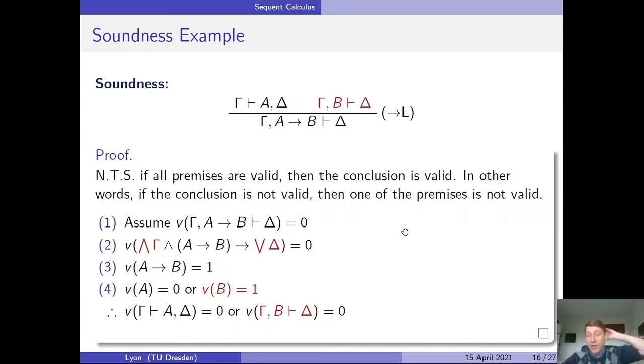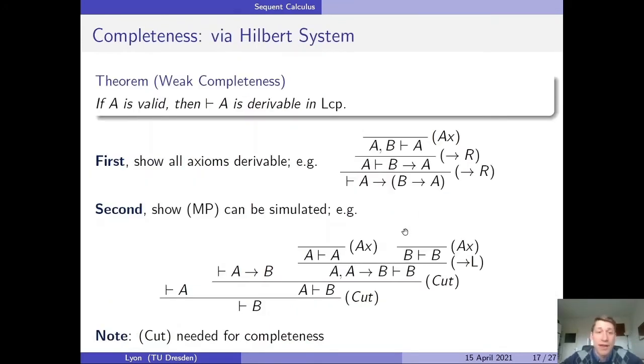So this rule is sound. And you can show the rest of the rules sound in this fashion. Well, now let's prove weak completeness. Now, typically when you show weak completeness, meaning showing that if a formula is valid, then it's derivable,